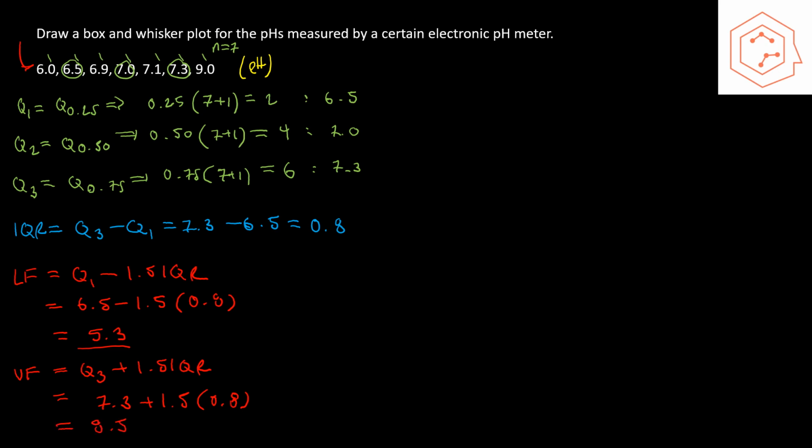So any value greater than 8.5, such as this value of 9 within our set, any value greater than 8.5 is an outlier. So this 9, we can conclude, is an outlier, and we likely shouldn't use it for any of our statistical analysis, since it's not really representative of our data set. It's an unusual value. Now if we proceed to draw our box and whisker plot,